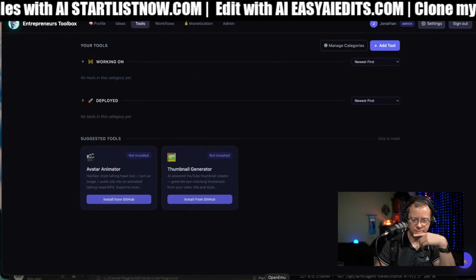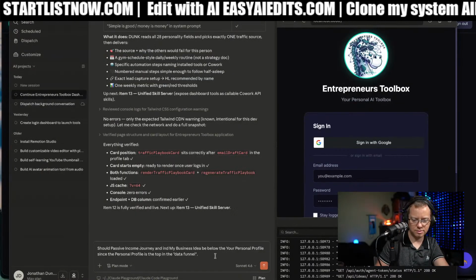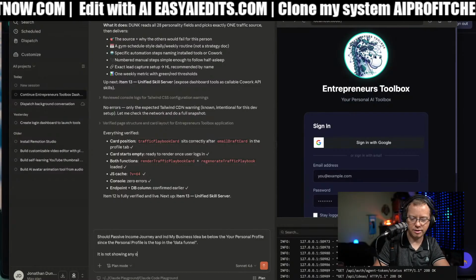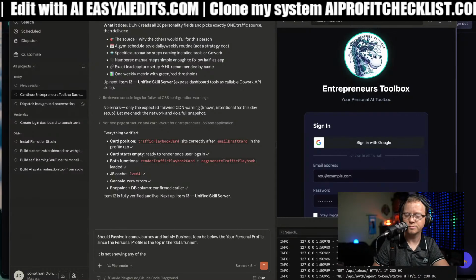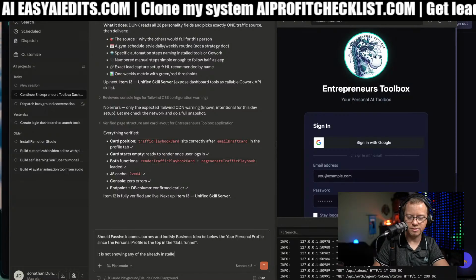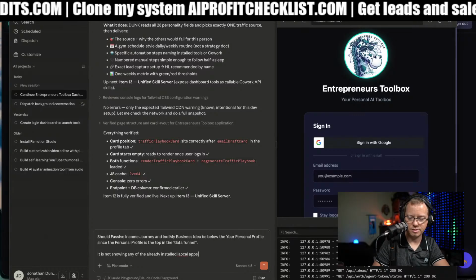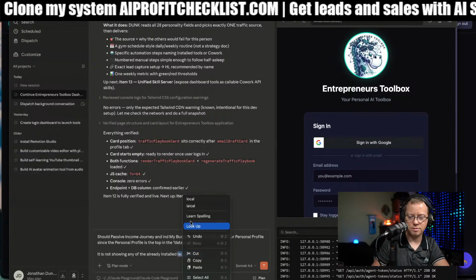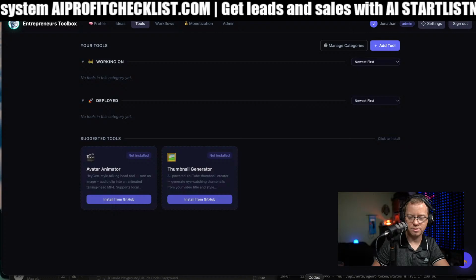Here's the other thing. It is not showing any of the already installed local apps in tools.